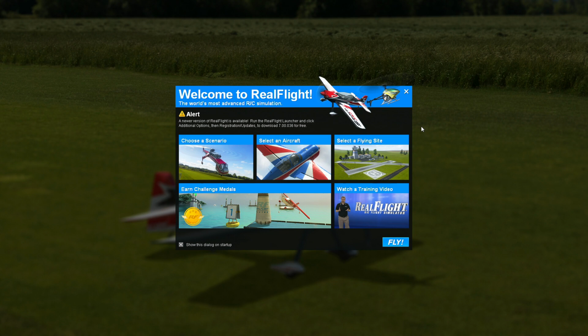This is RealFlight 7. Now, RealFlight 7 is a radio control simulator, so it's a little bit hefty on the price tag. I picked this up a couple of weekends ago for $160, which on the one hand makes it cheaper than Prepar3D from Lockheed Martin, but on the other side is still a hefty price tag for what is effectively a